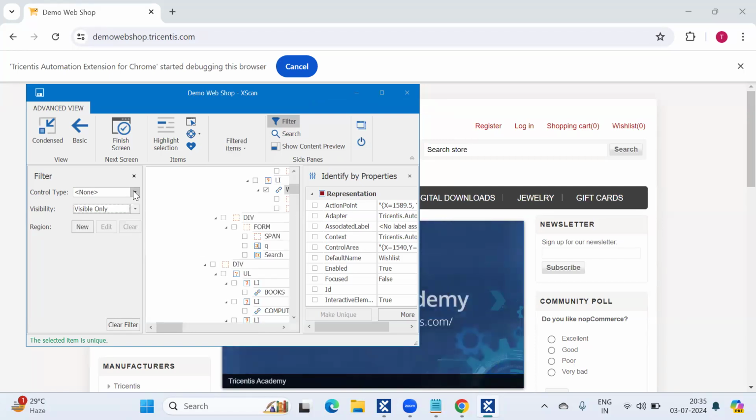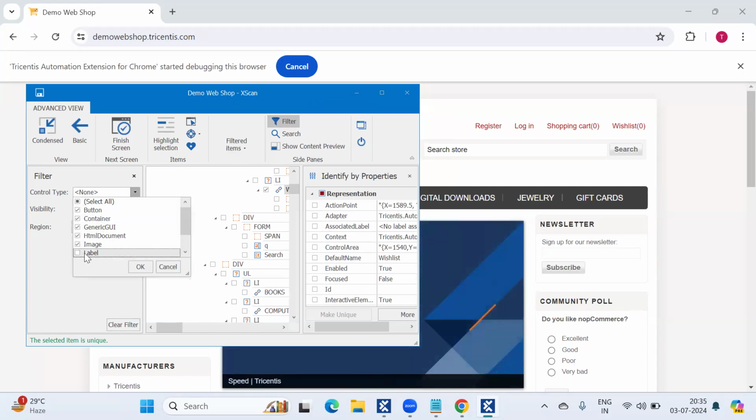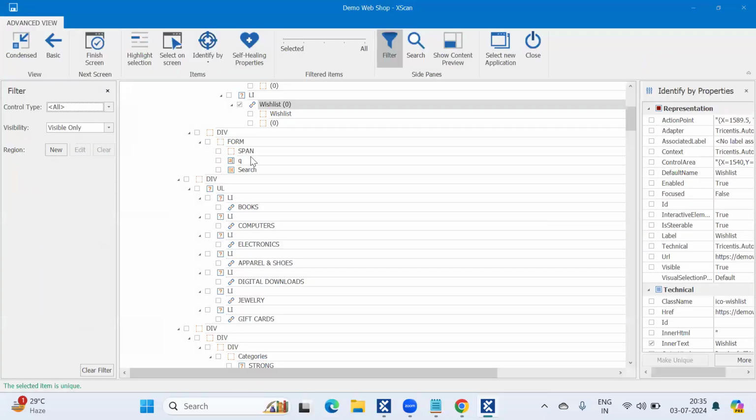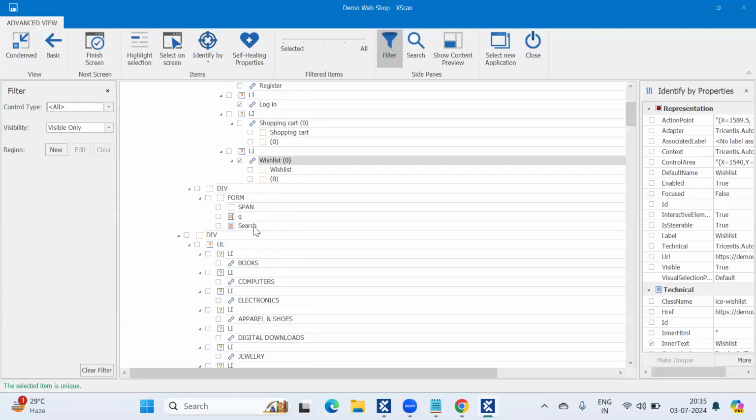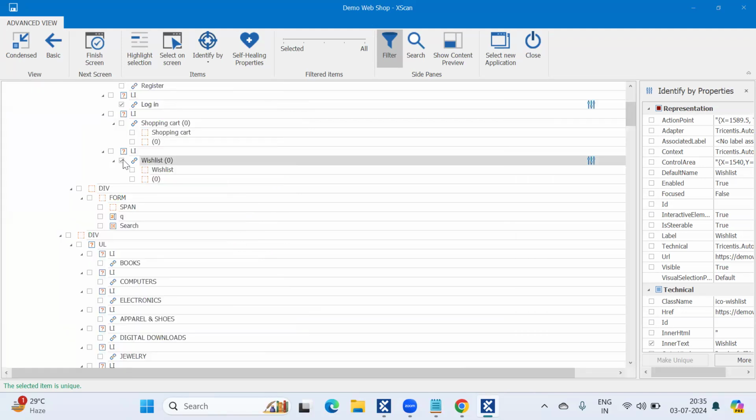You can see only the search box, but on top of that you have span, form, div. These are all the invisible controls, but they exist in the application.